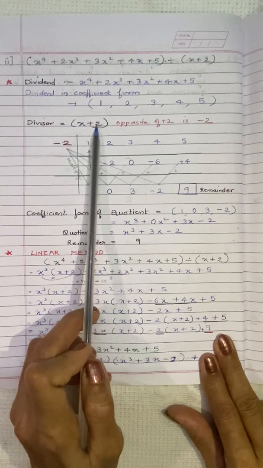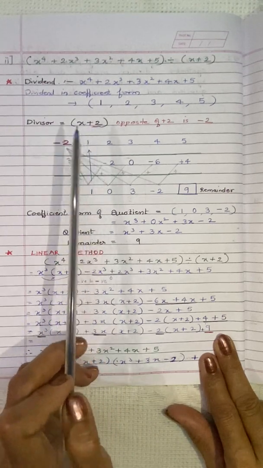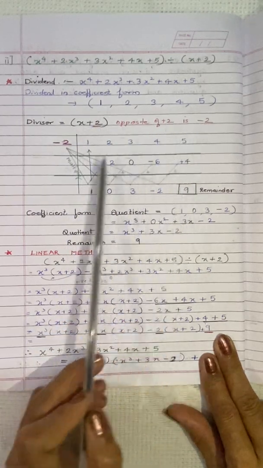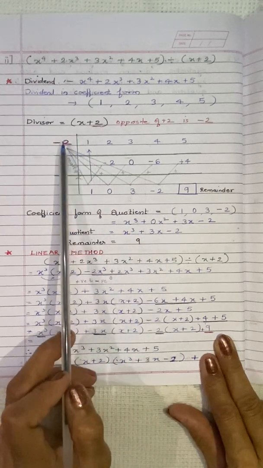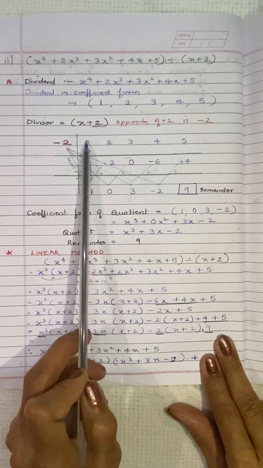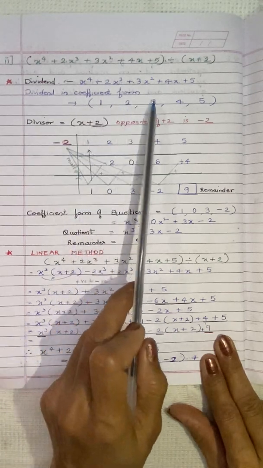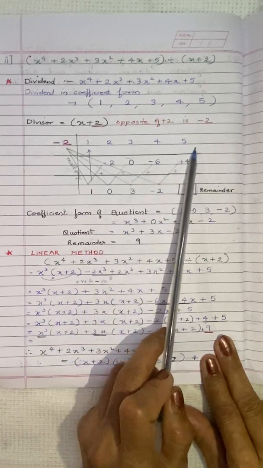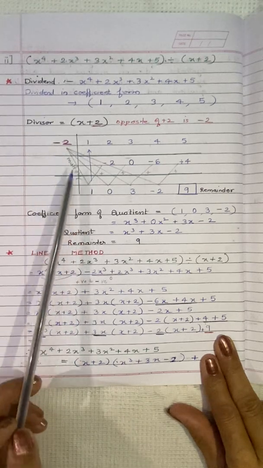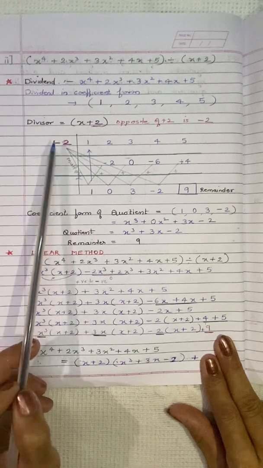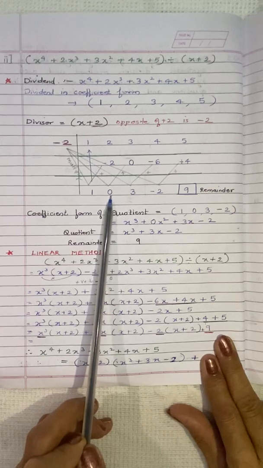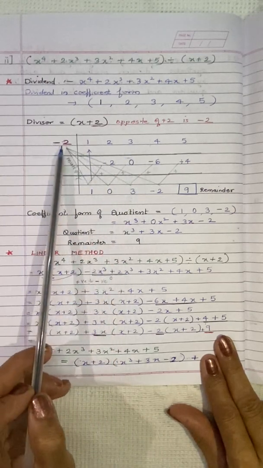We have to take the opposite of this, as we are doing synthetic division. So x plus 2, the opposite of positive 2 is negative 2. We will draw a vertical and a horizontal line. We will write negative 2 to the left of the vertical line, in the first row, and we will copy down the coefficient form. That is 1, 2, 3, 4, 5. Copy 1 down as it is. Then we will multiply negative 2 and 1. So this gives us 2 ones are 2, but it is negative, so negative 2. Now we will solve these two. Negative 2 and positive 2 gives 0. Then 0 and negative 2 is 0.